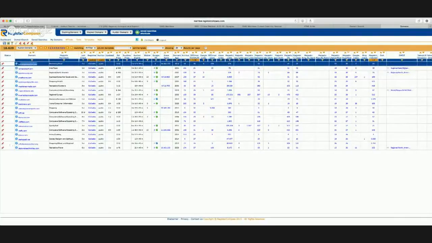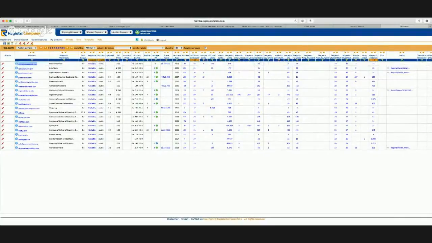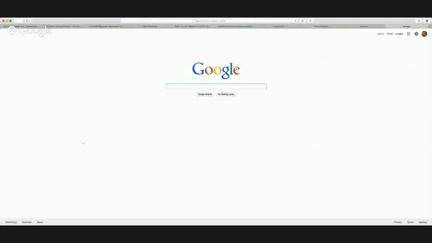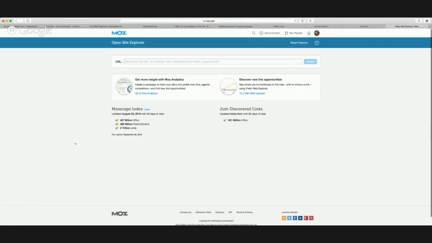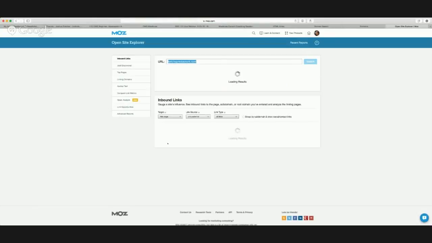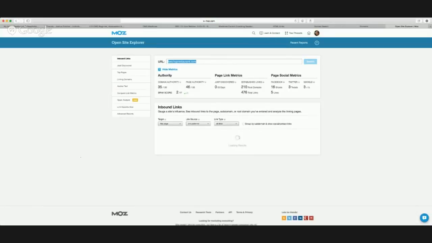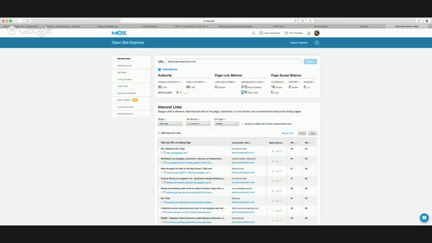So what I do, essentially, I copy it, and then I go over and do some research on it because I want to see what these backlinks look like. Sounds like it might have been a restaurant website. If we go into Open Site Explorer, it's the one I learned on, when all of Greg's videos used to be about it. You just throw this in here. It comes back with DA 35, 210 links, 476. That's a good ratio. We've got some social activity. Okay, cool.